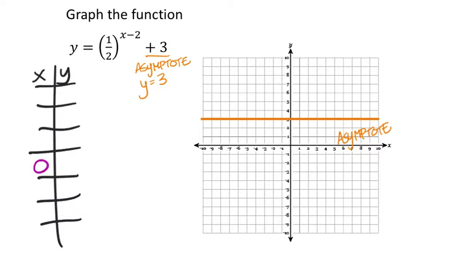But I'll still start at 0. So I'm saying x is 0. Now again, we're just going to use the calculator right here, but y would then equal 1/2, which I would need to put in parentheses before I push the exponent button. Now it's x minus 2 is my exponent, but I've chosen an x that's 0, so it's really 0 minus 2, and then we can add 3 to that. So if I put this into the calculator,